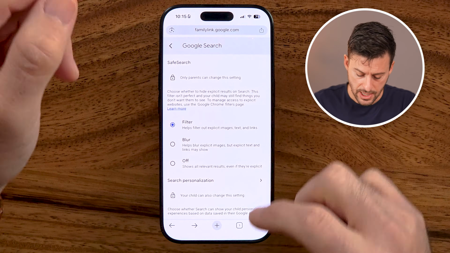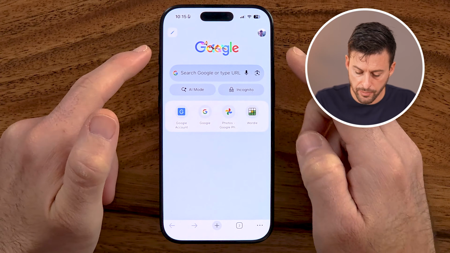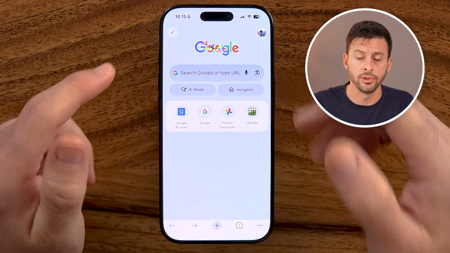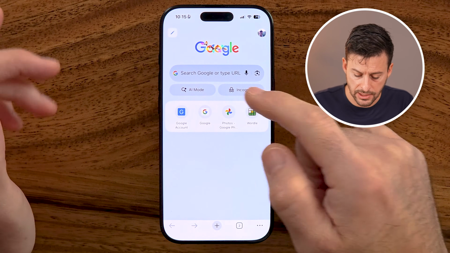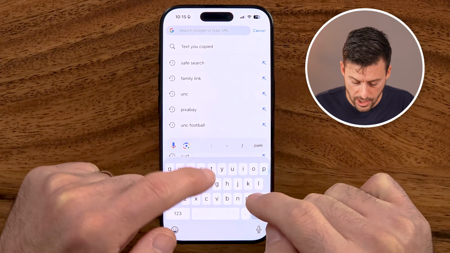Thanks, guys. Now, the first thing we're going to do is open up Google Chrome on your iPhone. This works the best in Google Chrome. After we've done that, we're going to check two different places you might have a Safe Search enabled. The first place is we're going to search for Google